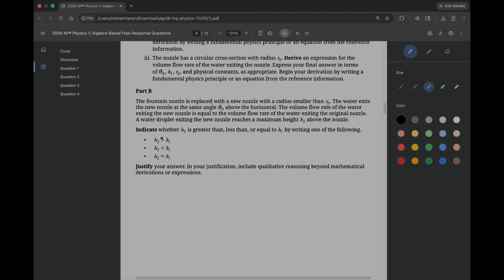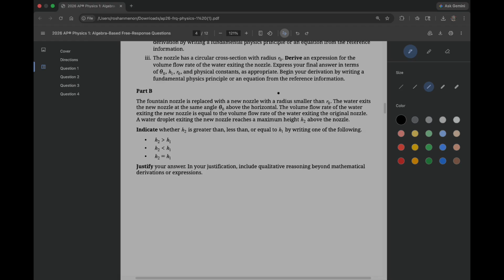Okay, part B is asking. The fountain nozzle is replaced with a new nozzle with the radius smaller than r initial. The water exits the new nozzle at the same angle theta above the horizontal. The volume flow rate of the water exiting the new nozzle is equal to the volume flow rate of the water exiting the original nozzle. Water exiting the new nozzle reaches a maximum height of h2. So we have to indicate whether h2 is greater than, less than, or equal to h1 by writing one of the following. Okay. So for this,